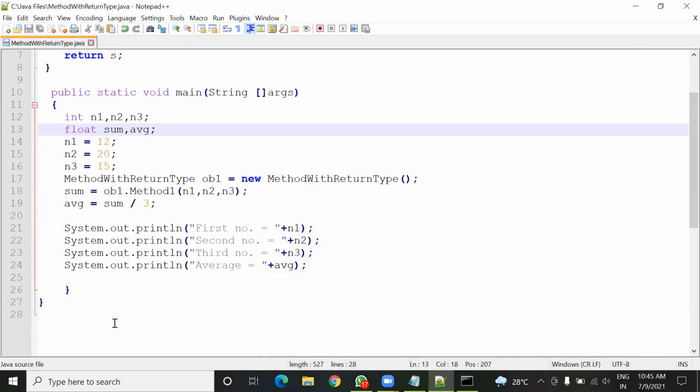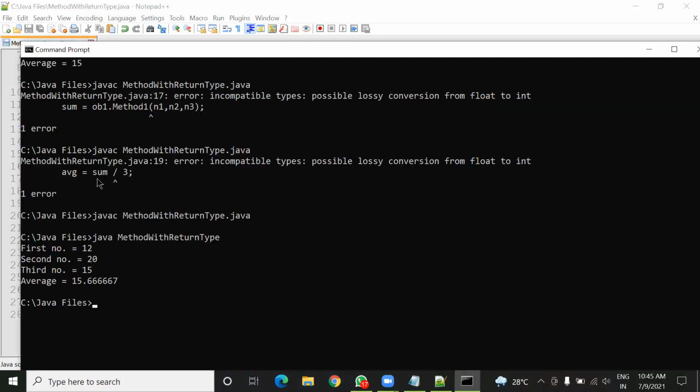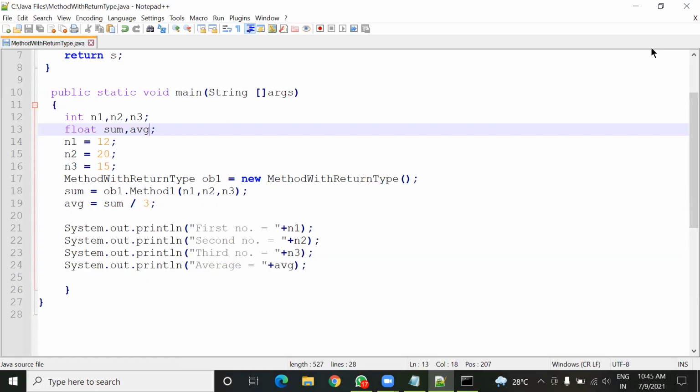Okay. So if you have good knowledge, then you can correct your errors in the program, because it will show errors like this. Just see the message: incompatible types, possible lossy conversion from float to int. When you know about this error, then you can figure out how to correct it. So for this, you must have knowledge about data types, what type of data is supported by a particular data type, what is the range, and how you can correct your errors in the program.